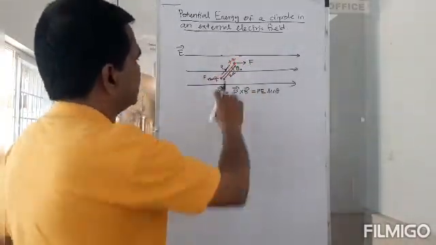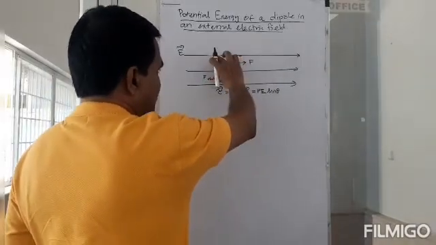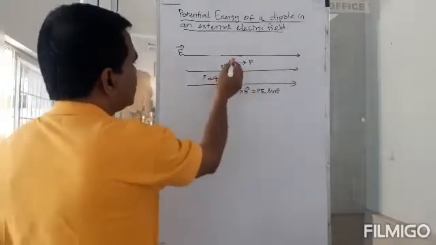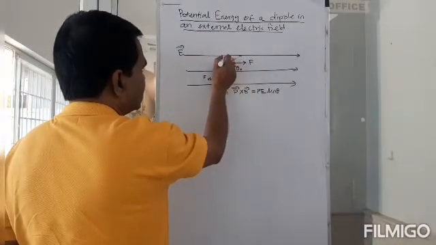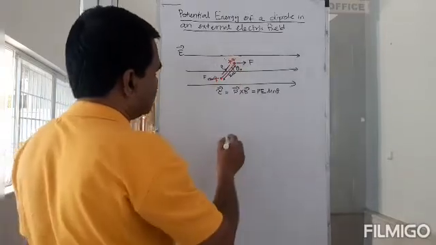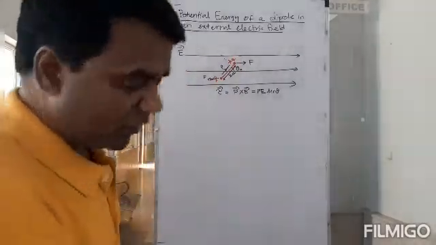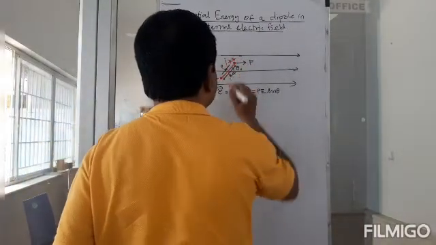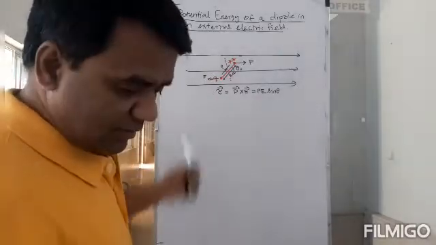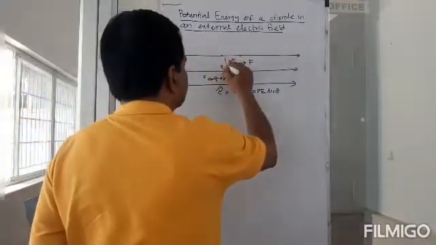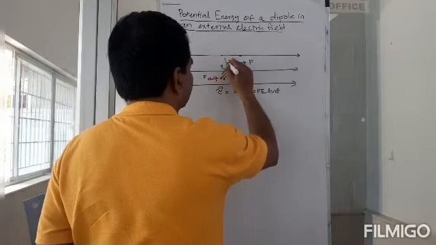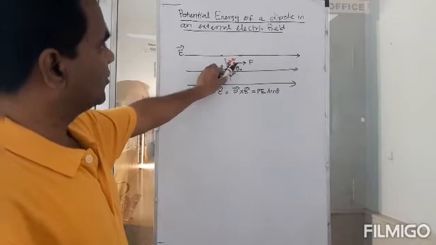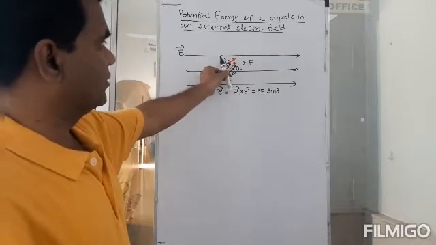Okay? Now, what is it going to do? E is going to push it in this direction. But what should you do? You should do work against the force. So I am going to move it in this direction to another angle, let's say here. This angle I am going to call theta 1. So this is my original angle, and I am going to move it from here to this position, theta 1,